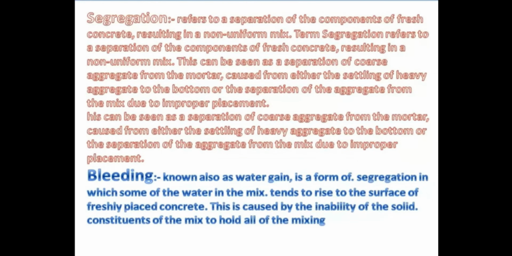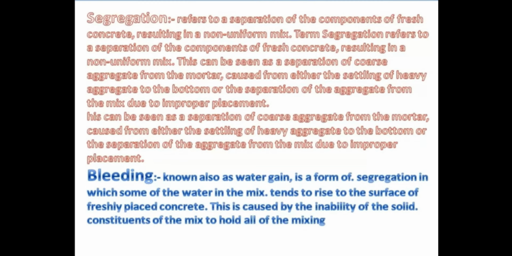What happens when these get separated is known as segregation, and this is normally due to the improper placement of the material that we are bringing in process, and the heavy material settles down towards the bottom and the lighter one